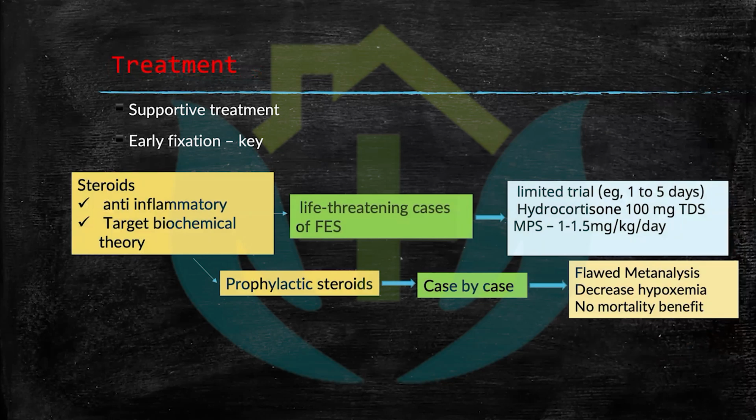Now coming to the treatment: it is supportive, only supportive care. You have to give adequate analgesia, oxygen support, and anticoagulation. Very important, these patients have a very high risk of DVT because they have a fractured limb and are immobilized. So you anticoagulate and just give them supportive care. They generally come out of this syndrome within 2 to 3 days after they are diagnosed.